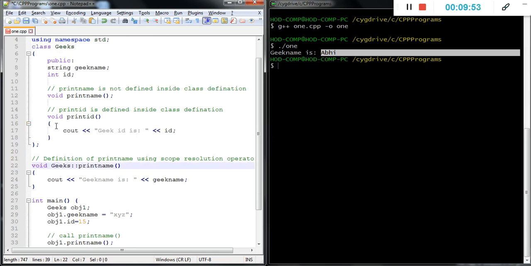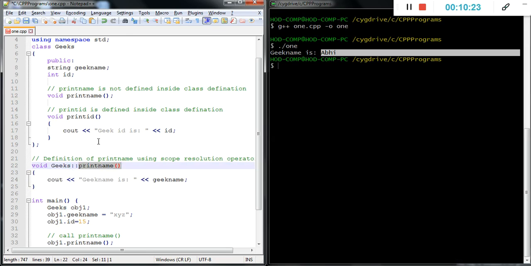Then how exactly do we define the function outside the class? Here is the definition: void printname. Whenever we call this function, it comes here and executes this body because it is written with void Geek, that is the class name, then the scope resolution operator and the function name.